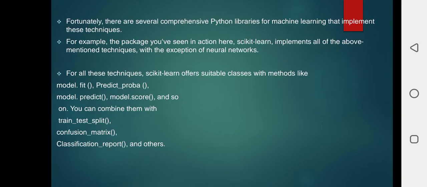Fortunately, there are several comprehensive Python libraries for machine learning that implement these techniques. For example, the package you've seen in action here, scikit-learn, implements all of the above-mentioned techniques with the exception of neural networks. For all these techniques, scikit-learn offers suitable classes with methods like